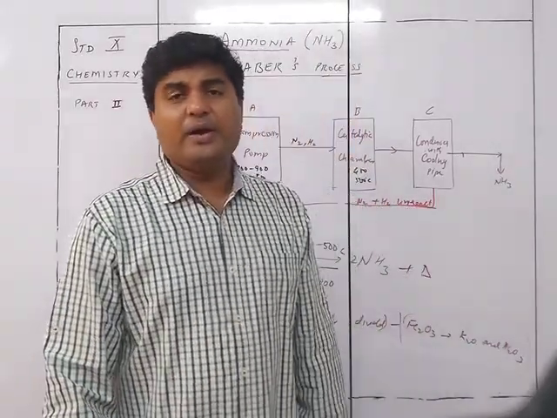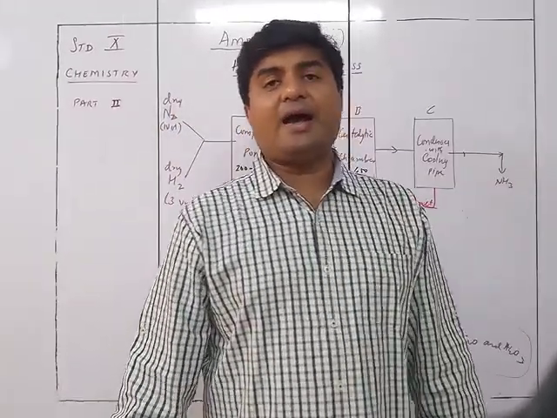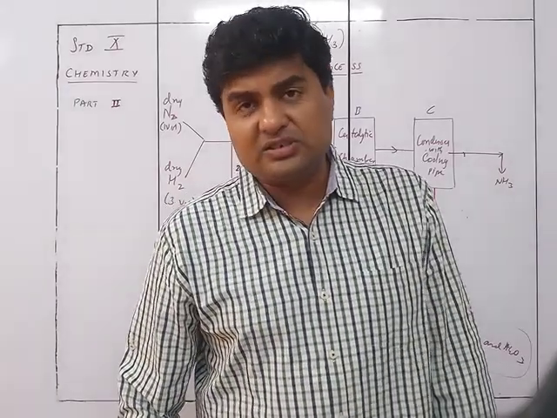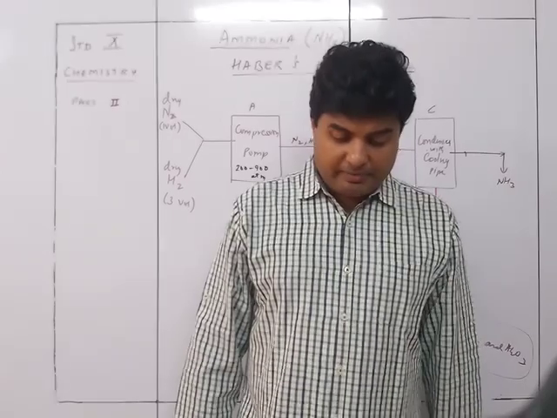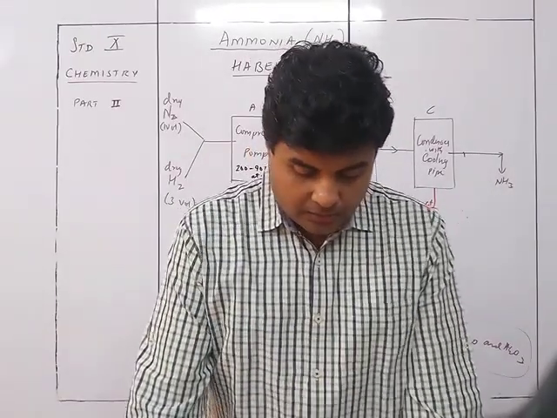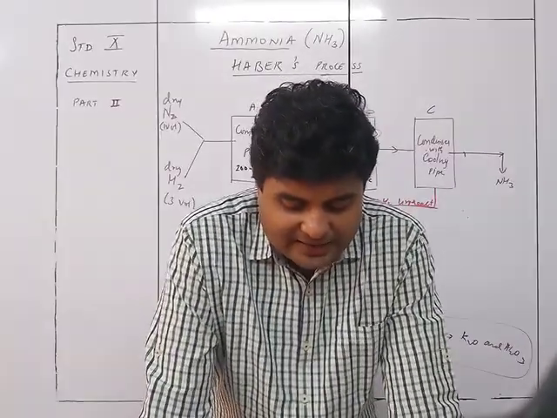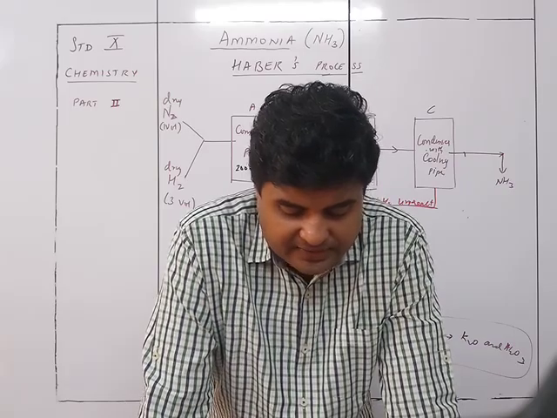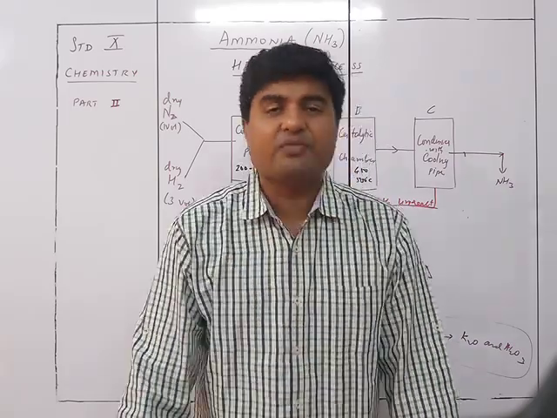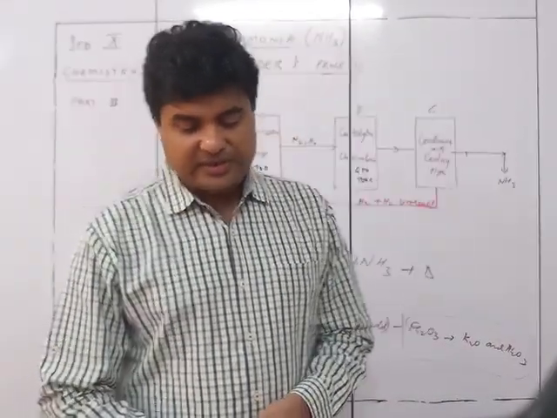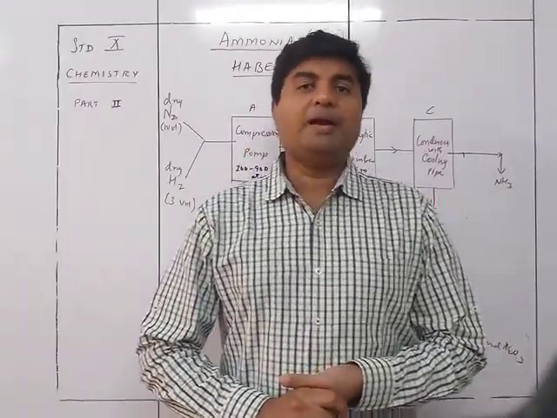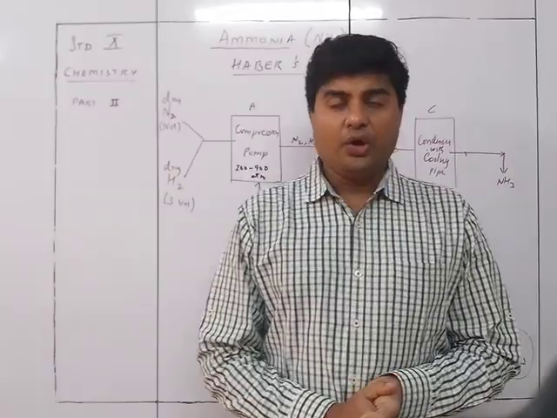So yeah, we are using finely divided iron as the catalyst, and to enhance the properties of the catalyst, we are using a promoter, which is molybdenum. The catalyst only accelerates the reaction and does not form a part of the reaction, hence it does not affect the percentage yield of ammonia. So the catalyst is just going to see to it that the reaction is accelerated, but it does not increase the yield of ammonia.